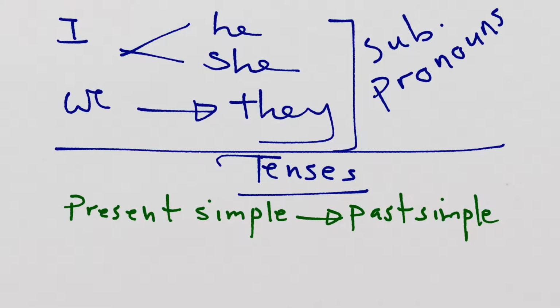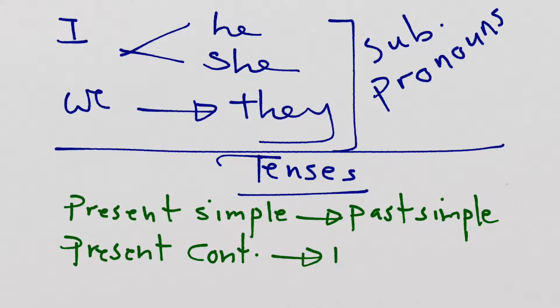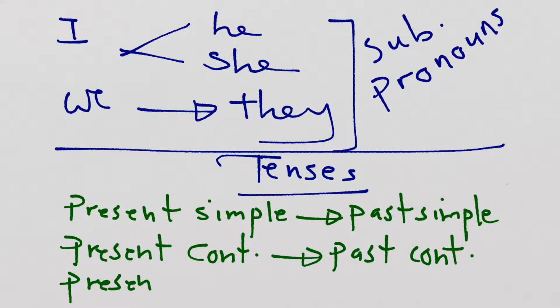If you have a sentence, for example, in the present continuous, you have to change it into past continuous. If you have a present perfect sentence, you have to change it into